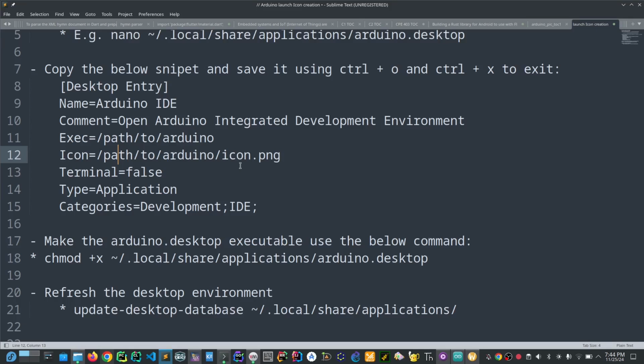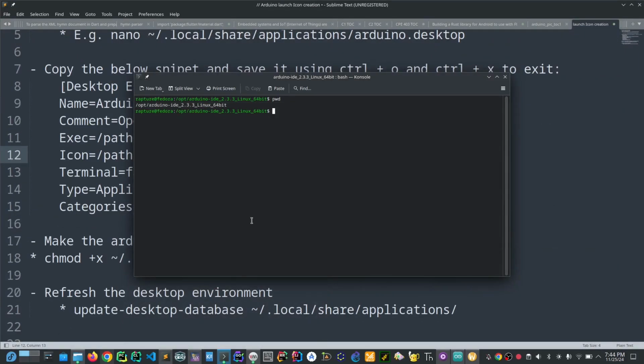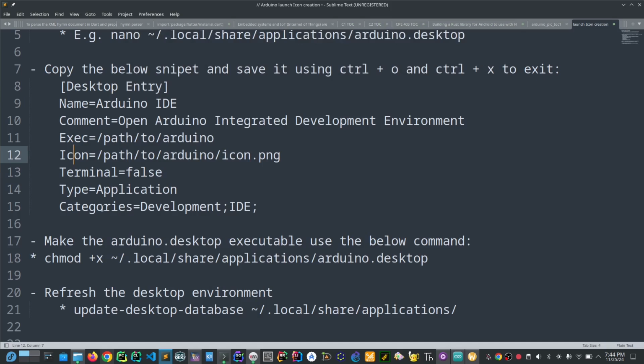and then you come here and paste it inside your terminal or inside your application, the desktop applications. So then you paste it here. But don't forget to include the last part, which is the name of this file, the Arduino IDE here. Understand? Then after that, you make it executable by pressing this command here, chmod plus x,